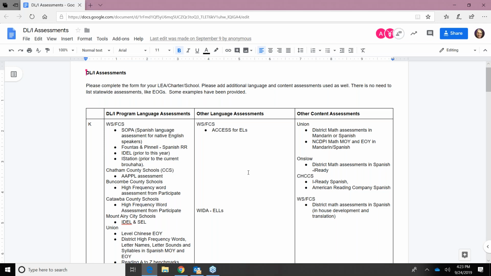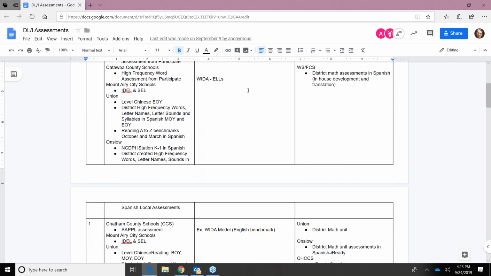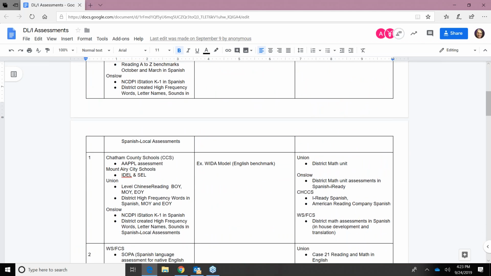So the SOPA is a Spanish language assessment. It's something that a district can get trained on and have people, usually their teachers who teach in Spanish or their Spanish teachers in general, assess students. SOPA is one of the few assessments available for early language learners. So think K-2, that kind of age range. Then you see some other ones. So as we scroll down from kindergarten on to first grade and second grade and so forth, you'll see some like the APPLE or the STAMP.